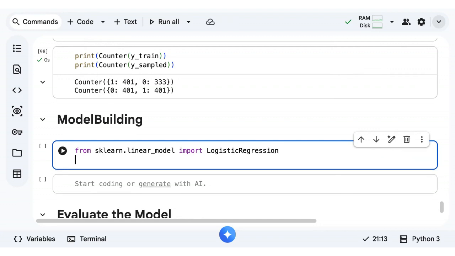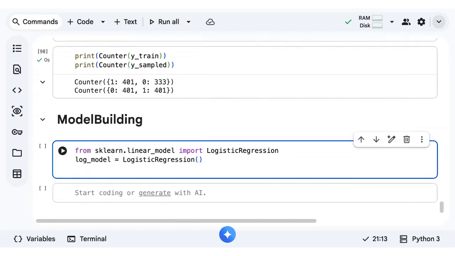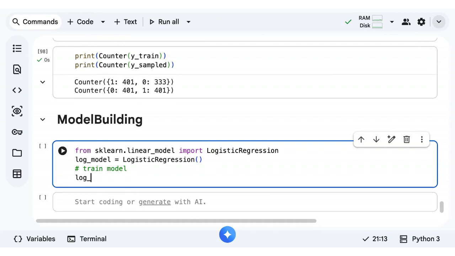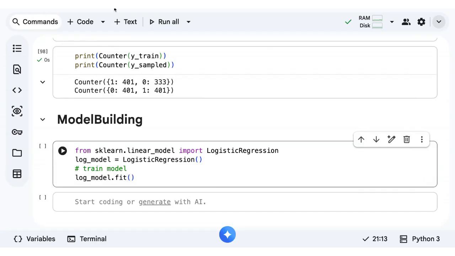Okay. And then let's initialize the model. I'll just call it log_model. You can call it just model as well, your wish. Since I'll be showing different model implementations, I give the model name as a variable name. And then first step importing, second step initializing, third step you have to train it. So how do you train a model? What should I use in order to train a model? Dot fit. Okay. What to pass for training?